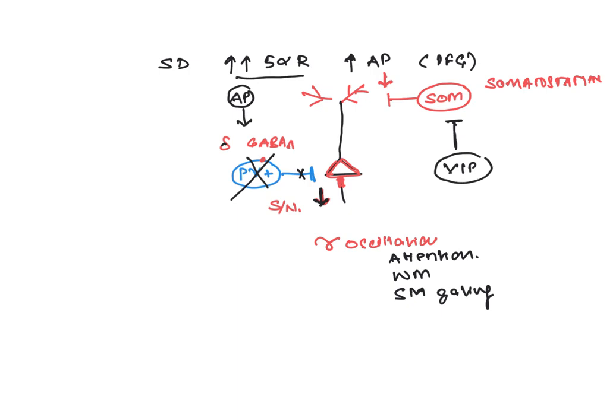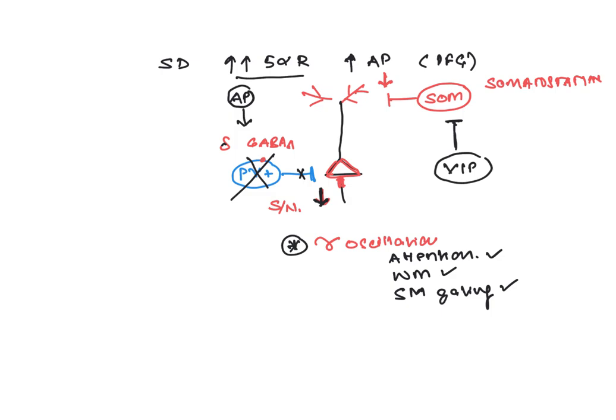All right. And as we know, the firing of the pyramidal neurons is synchronized by the GABA interneurons, especially the PV positive, which are also called the fast spiking interneurons. This will cause the desynchronization of the pyramidal neuron firing. It will affect the gamma oscillation, which in turn can affect your attention, your working memory, and the sensory motor gating, right? Which is not good.